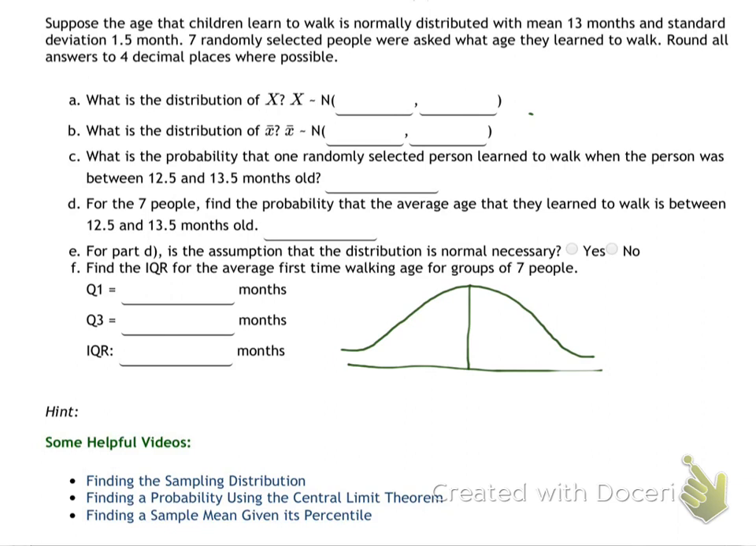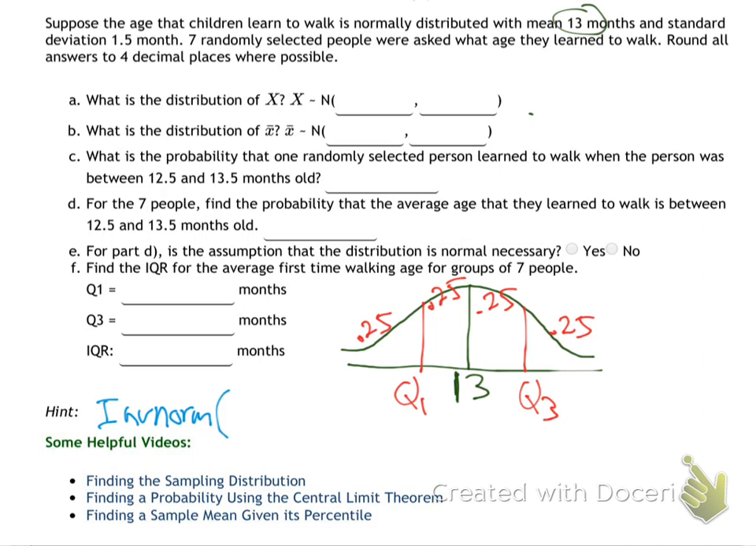The middle is whatever it was, 13 months. And Q1 is the first quarter, and Q3 is the third quarter. 0.25, 0.25, 0.25, 0.25. So they are giving me the area, so that's inverse norm. And that's area left,